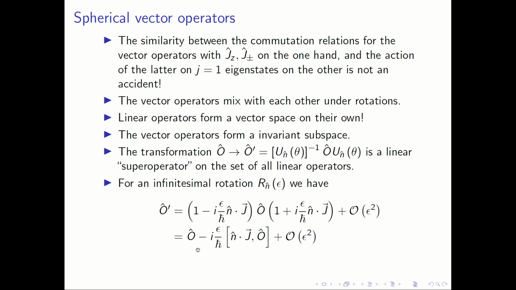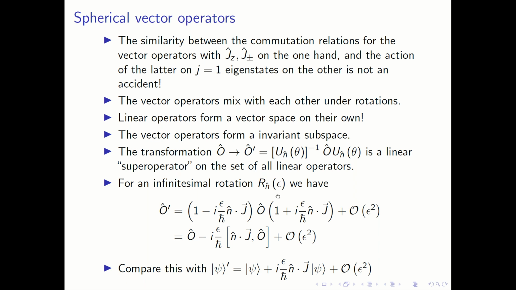So compare this with what happens to states. What happens to operators is the operator changes by this piece, which apart from the i epsilon by h cross and a minus sign, which is different, is just a commutator with n hat dot J. For a state under infinitesimal rotation, you have this. The state changes to the original state plus i epsilon by h cross, a first order term with n hat dot J acting on the state. So apart from the minus sign, which will give us some changes later on,